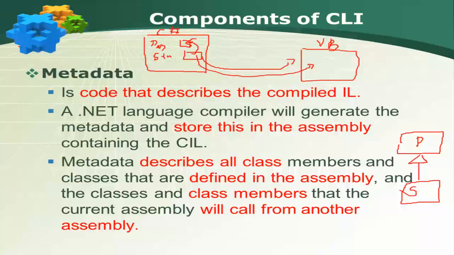All these details will be there. So metadata is used to describe the compiled intermediate code. Remember, metadata is not the remark statement that you are writing in your C# or the remark statement that you might have written in VB or any other language. When we say metadata, I'm talking about the remark statement of this IL, that is the intermediate language. So when you create this .NET compiled version, that is IL, the metadata can be used to describe how